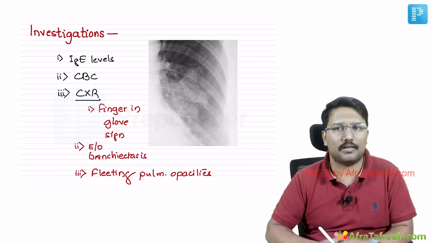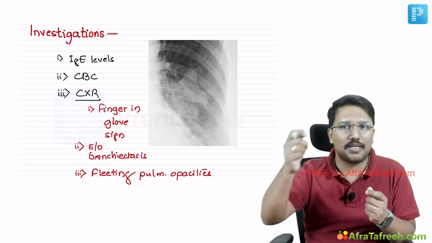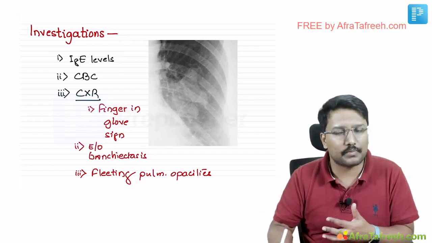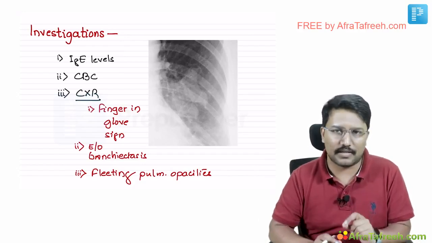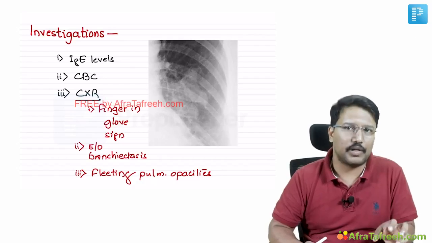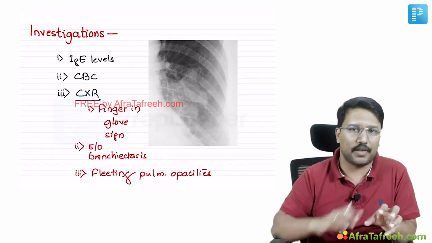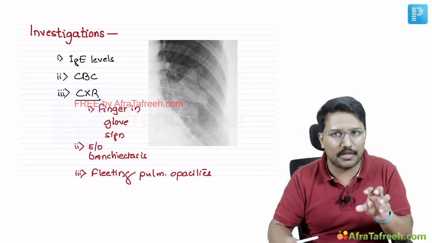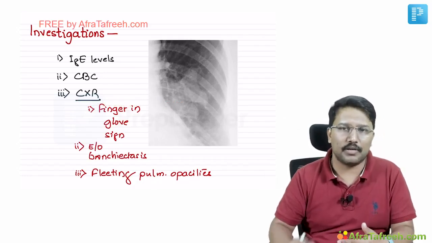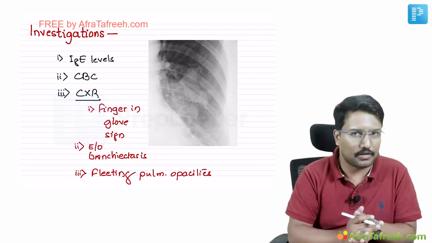So these fleeting pulmonary opacities are the opacities which keep changing their location on the chest X-ray at different points of time during the follow-up, because it is not permanently affecting one segment, right? So it is either because of the eosinophilic infiltrates. That's one possible explanation why infiltrates are fleeting. So infiltration of eosinophils occurs in some part of the lung. From there, eosinophils disappear and they again reappear in some other location, right?